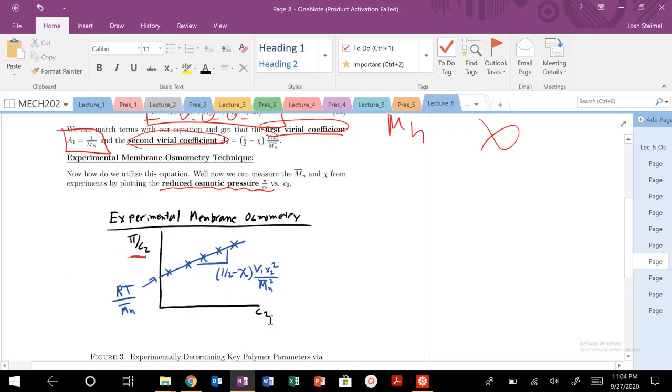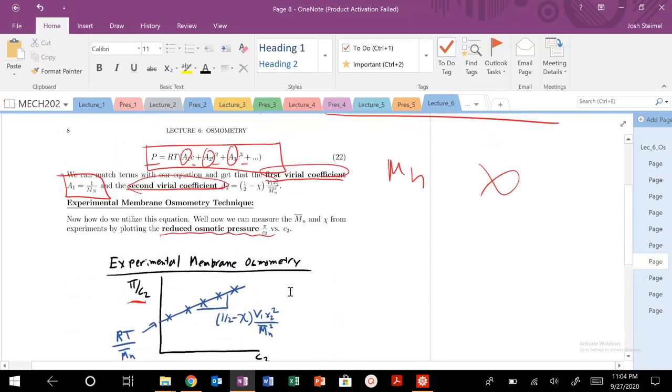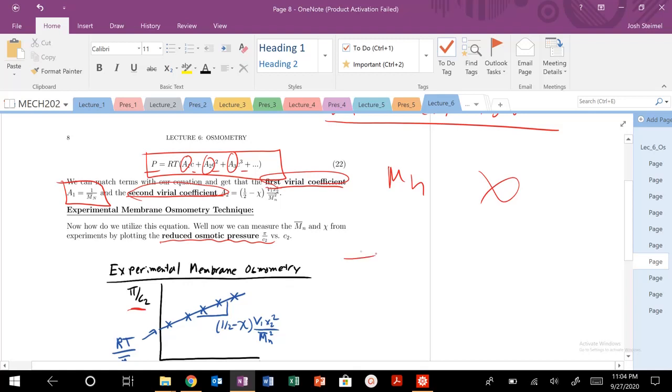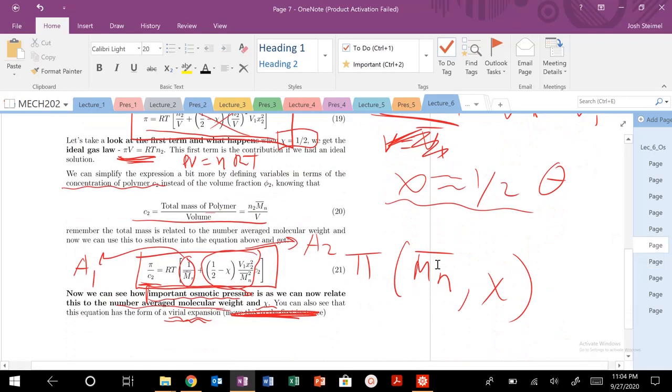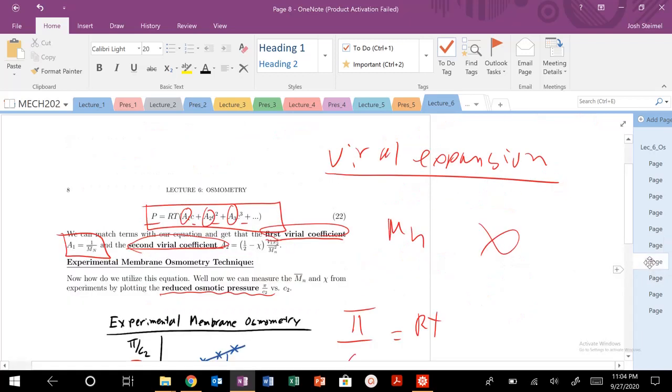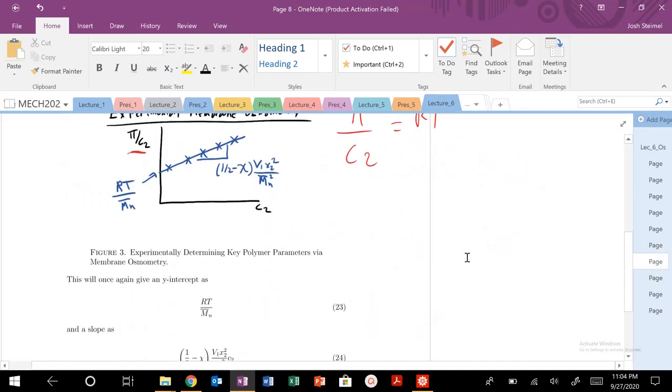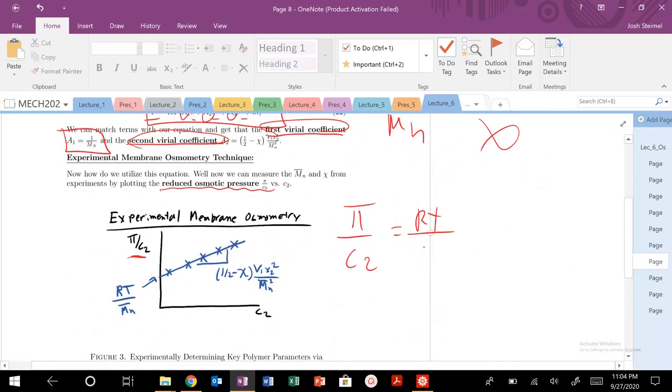Looking back at this expression, π over C2 as a function of C2 is equal to RT times 1 over Mn, and then plus